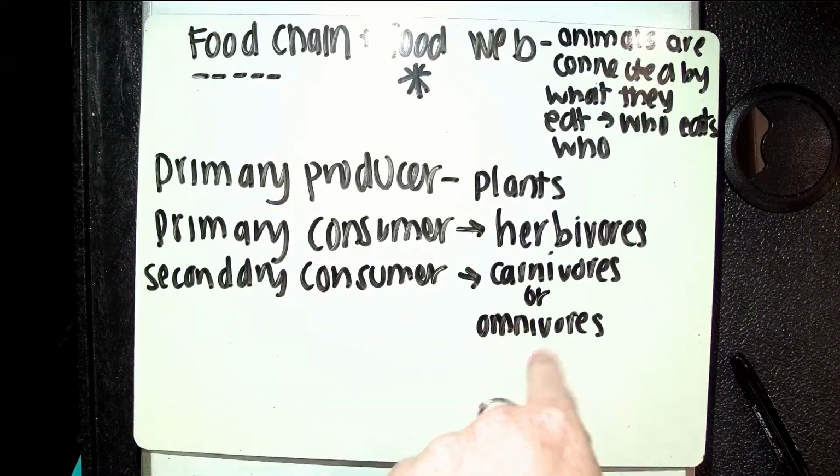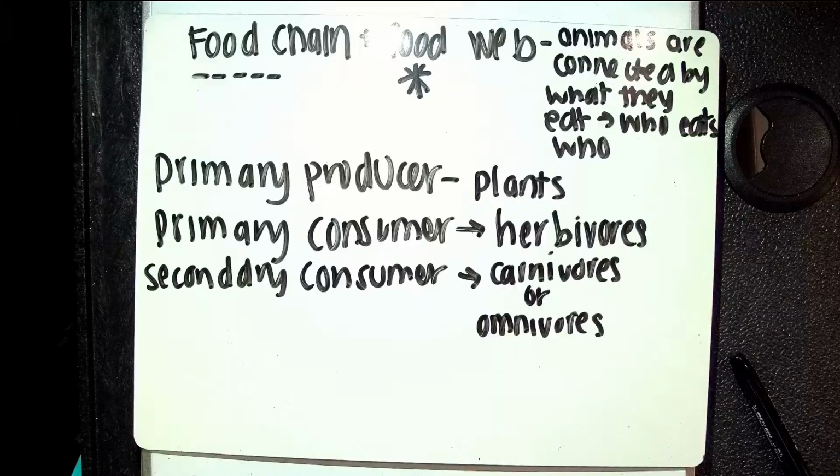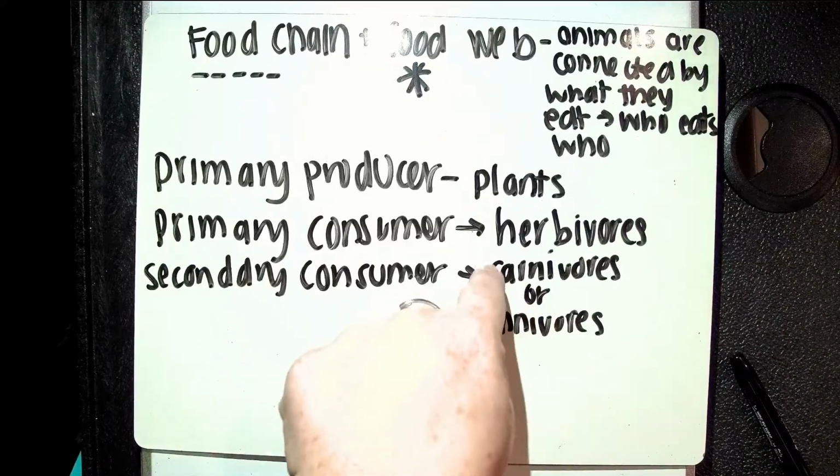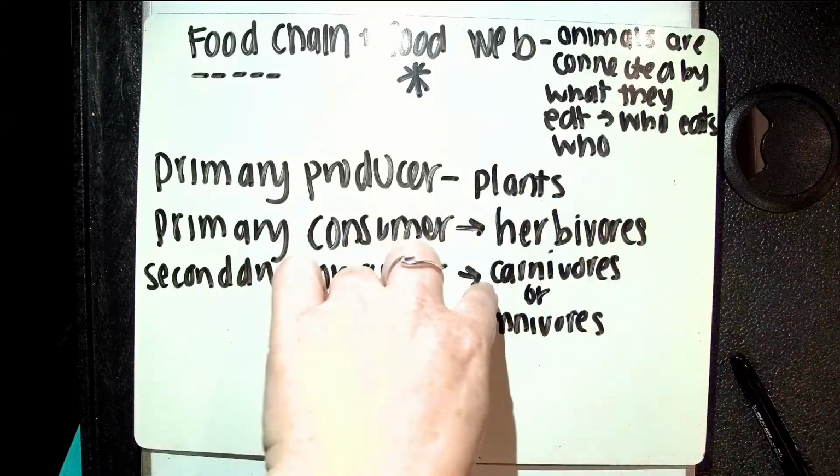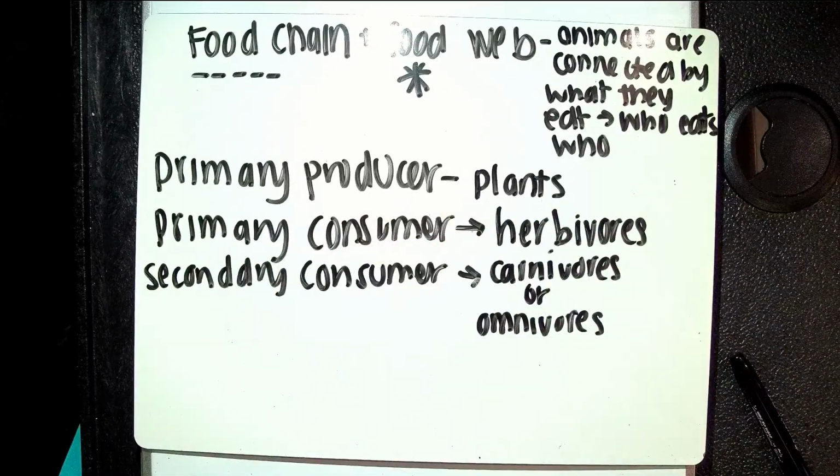Omnivores means you eat both plants and meat. So most of us, I'm going to say not all of us, because there's going to be some vegetarians out there, but most of us are likely to be omnivores as humans because we are likely to eat meat and plants. But there are some animals, both in the ocean and who live on land, who don't eat any plants or vegetables, and they just eat meat.